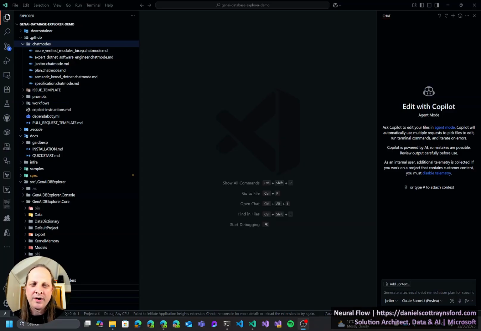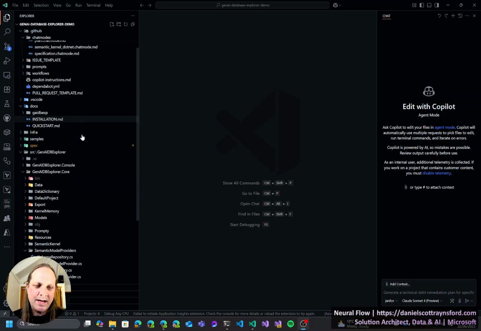So what we've got here today is a Visual Studio Code window. I am using the Insider Edition. You could use the older version, but I like to use the Insider. And what we've got is a .NET Core application. It's a pretty simple CLI-based application. The job of this application is to take a relational database and extract the schema from it and then enrich it using AI. The mechanism of that is not too important, because what we're going